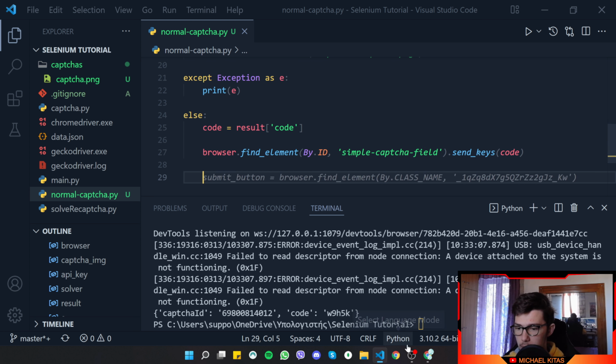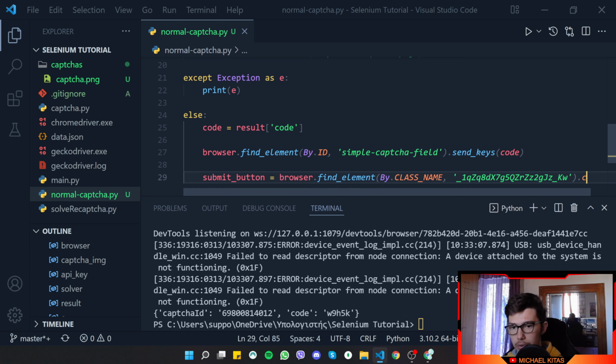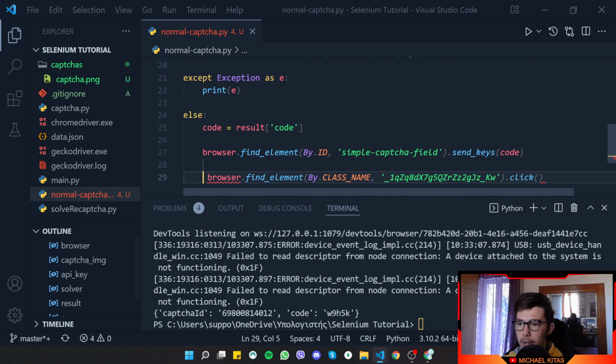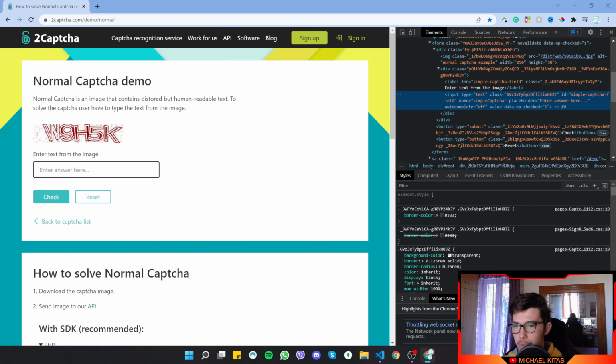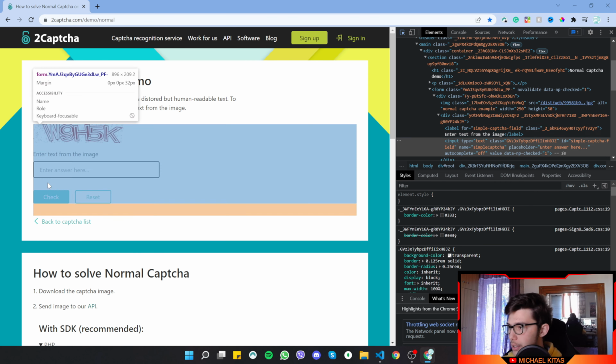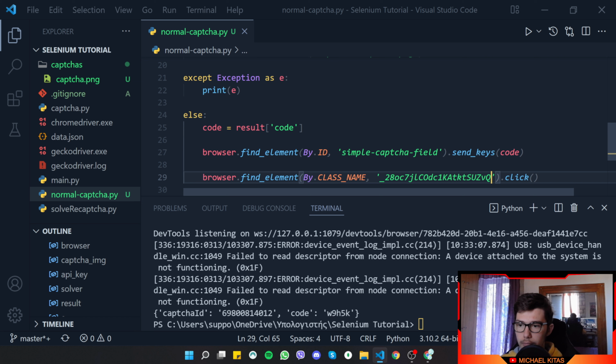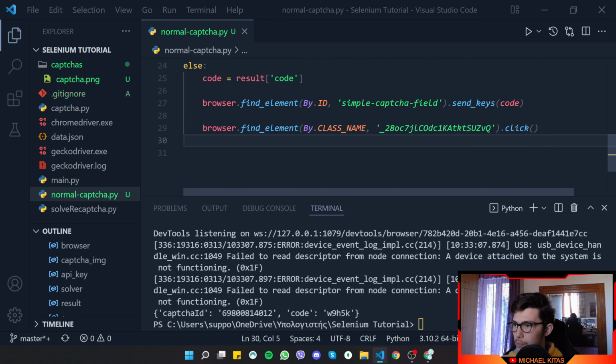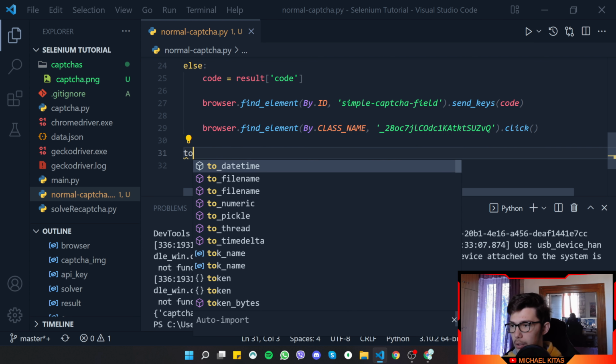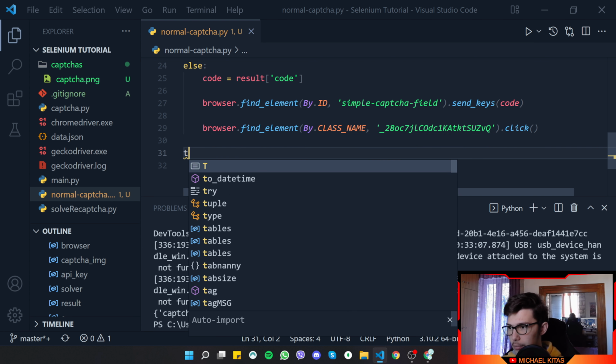Then once we do that, I want to click the button. So let's say that. Let's say dot click. There we go. Now let's find the selector for the button. So let's do the same thing. Hover over the button and get the class name. It has multiple class names, I guess. Let's take the last one. That's probably the unique one. There we go. And once we do that, I don't want the browser to close immediately, so we will say